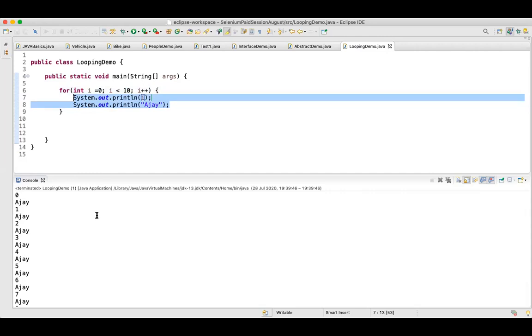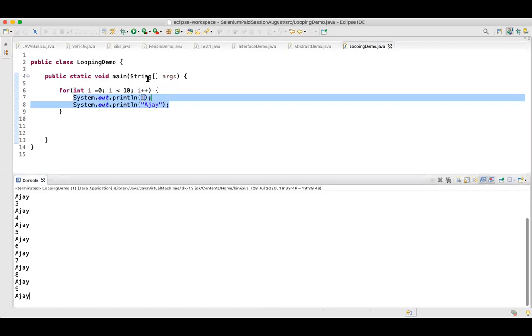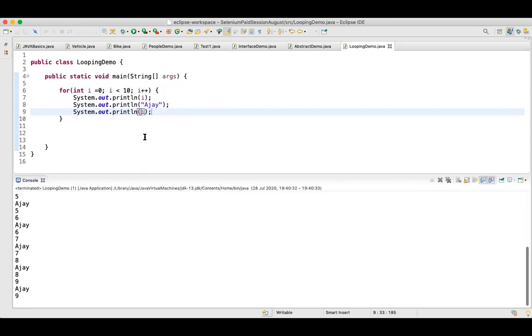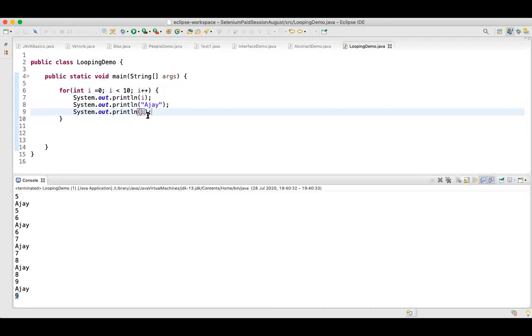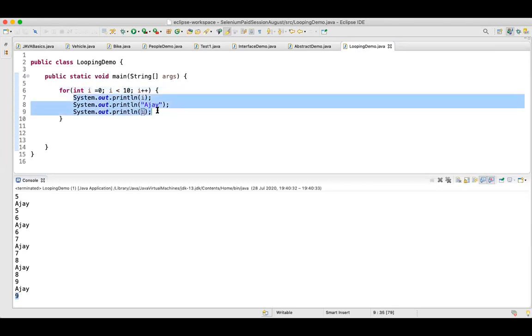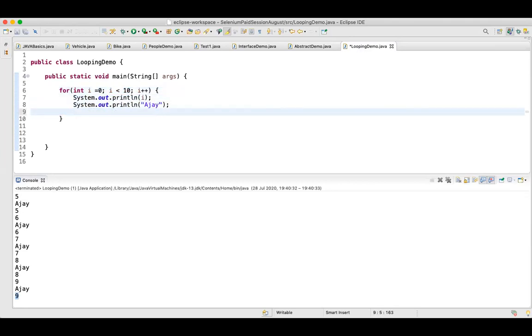And in the end, the value of i will become 10. Let me print over here again. I'll print i. So after 9, can you see, it will go over here and update the value of i as 10, and then it will check, is 10 less than 10? No, right? 10 is not less than 10, so it will not execute this statement, because I'm saying i is less than 10. Let's say if i is less than or equal to 10.